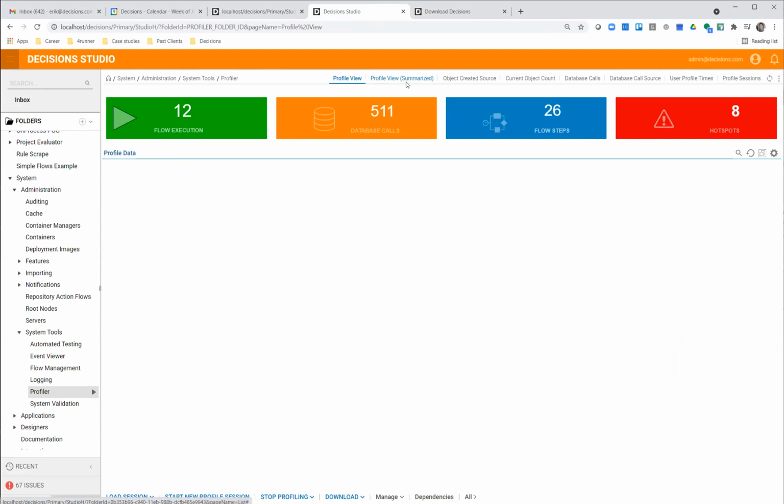Gotcha. What we've typically done when trying to pinpoint how this decision service is utilizing memory, we would ask for a memory dump file. It could be pretty big, but I know our support team has asked for that, and we would help analyze that memory dump file to see if there's inefficiencies. The profile will just tell you, hey, this flow is taking a long time, and you can say which steps are taking a long time. Right. But then the